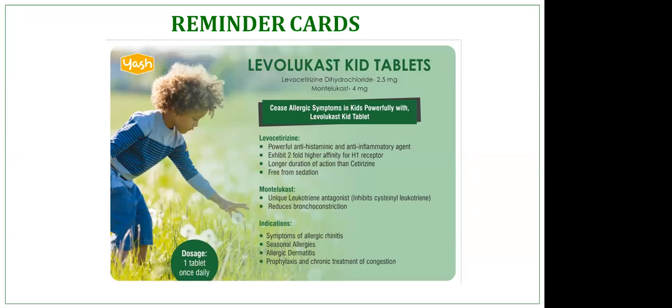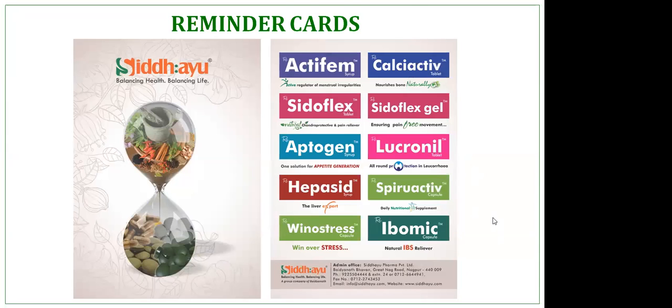Now when do we use this reminder card? We basically use this reminder card when my doctor already prescribes this one product. So for example, I have, say, 10 products, out of which my doctor has selected Sidoflex, and the doctor has already started writing Sidoflex prescriptions. So I know that this doctor only writes Sidoflex, so it doesn't make sense for me to tell the doctor all the products. In Sidoflex's case, it's as simple as that.